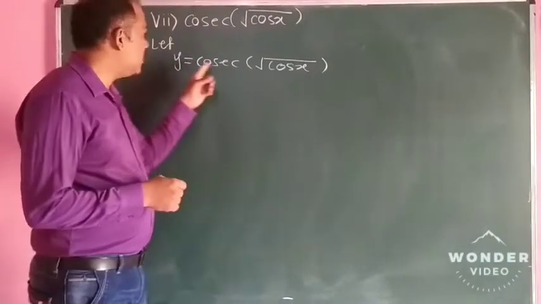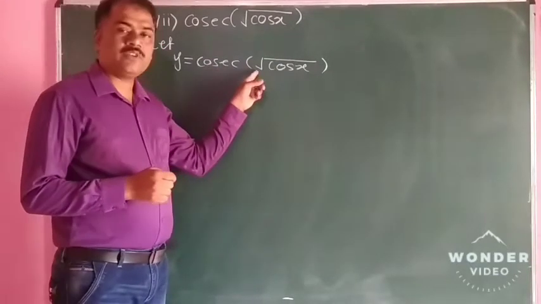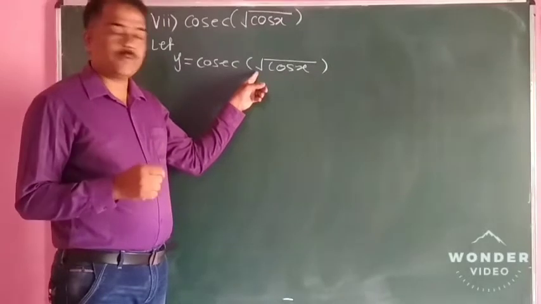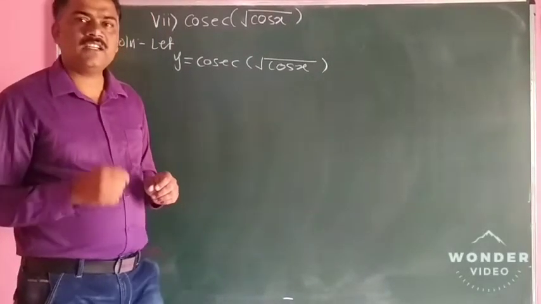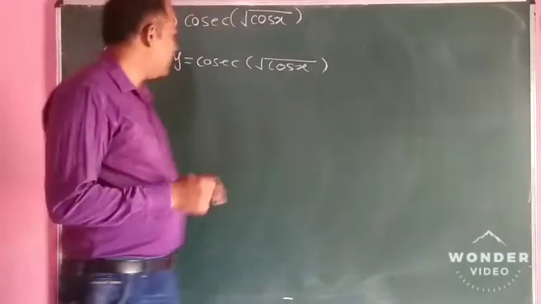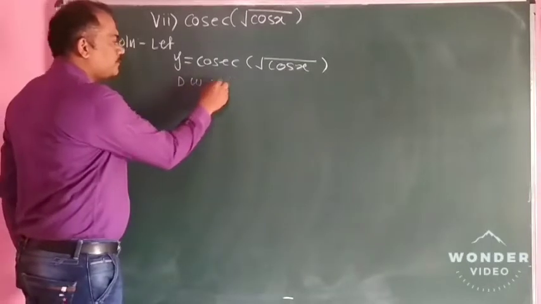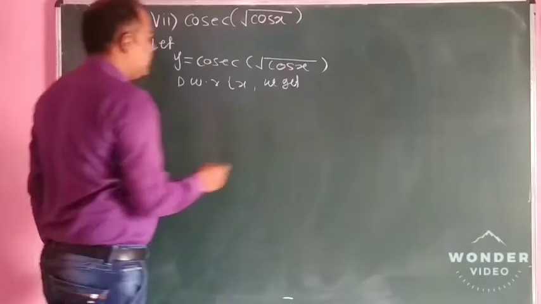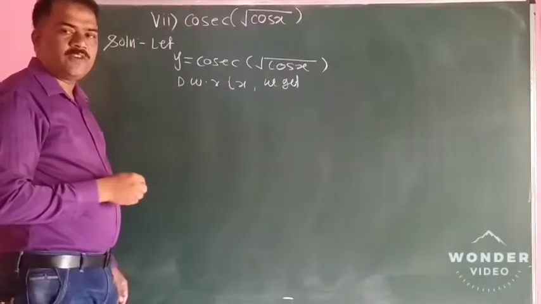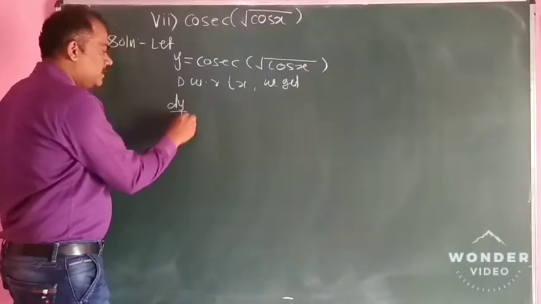First we take the derivative of cosec. Next we read the root, so we take the derivative of root. Next we take the derivative of cos x. Now differentiate with respect to x. We know that the derivative of y with respect to x is dy by dx is equal to